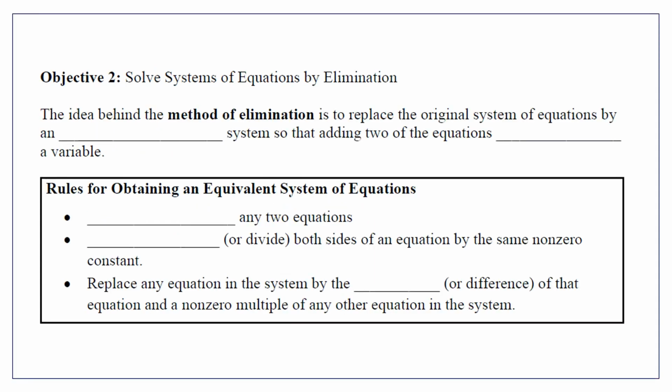All right. Now our second method, elimination. This method is preferred if substitution leads to fractions or if the system contains more than two variables. Then I would recommend you use this method called the elimination method. The idea behind the method of elimination is to replace the original system of equations by an equivalent system so that adding two of the equations eliminates